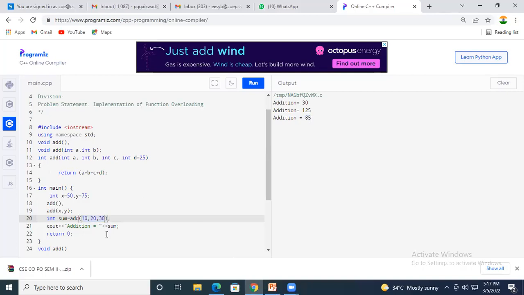ज्यावेळेस मी इथं चौथी व्हॅल्यू जर मी पास केली नाही, तर कंपायलर काय करतोय, कंपायलर इज गोइंग टू असाइन द डिफॉल्ट व्हॅल्यू विच इज असाइन्ड. इथे जी काय व्हॅल्यू असाइन केलेली आहे डिफॉल्ट, तीच व्हॅल्यू इथे तो असाइन करून घेतो. बट कधी जर तुम्ही हे इथे डिफॉल्ट आर्ग्युमेंट म्हणून असाइन केलेलं असेल तर, प्रिव्हियस केस मध्ये बघितलं आपण, जर मी